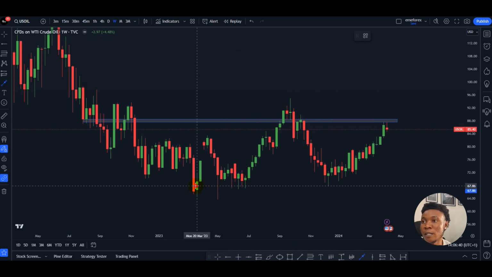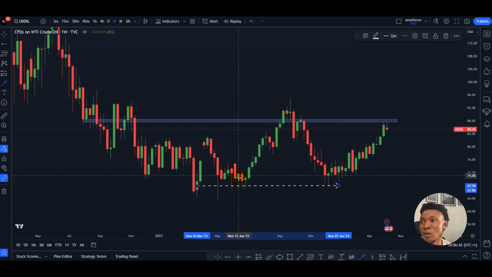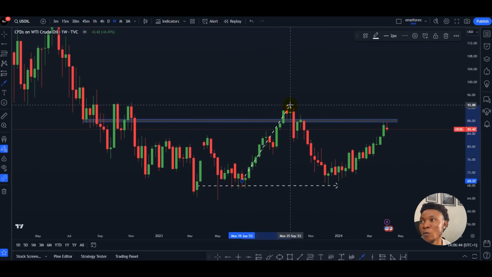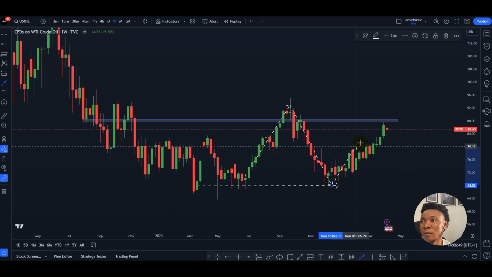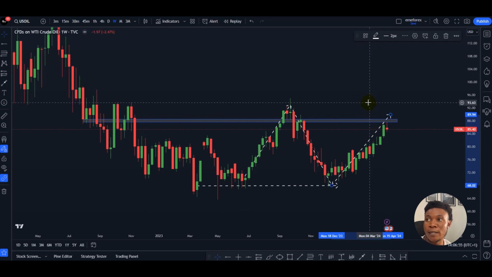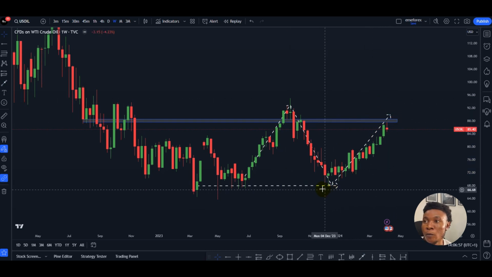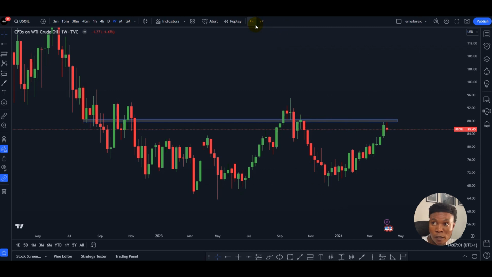So the last time we were here, you can see this, we had this wild run, we hit 92. However, price dropped back, and you can see we are around this level again. So this price point is a dicey one. This is where we need to give price some time to show us a clear hand if we're going to get a reversal, that is a sell off from oil, or if we're going to stall around for a bit